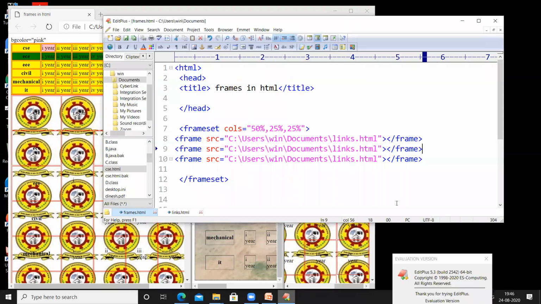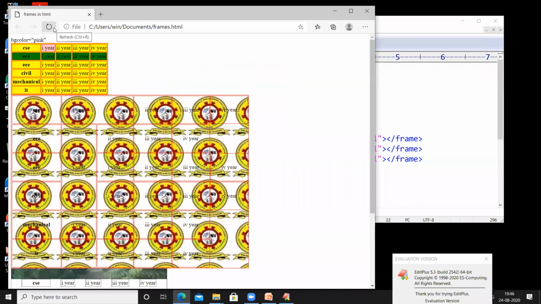So let us see what happens if we don't provide the remaining 25% and 25%. Let us see and observe what happens. I just provided only 50%. So I just saved the program and I'm making a refresh on this one.